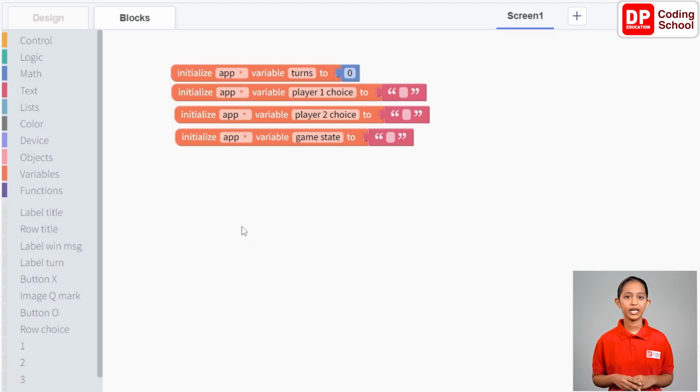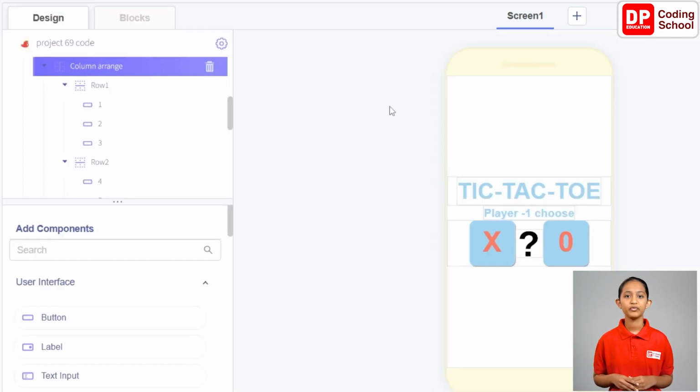Next, we have to create the code to start the game. Before that, let's go back to the Design tab and see how to start the game. As I said earlier, here player 1 needs to click on one of these two X or O buttons and